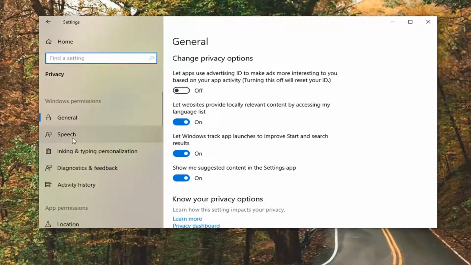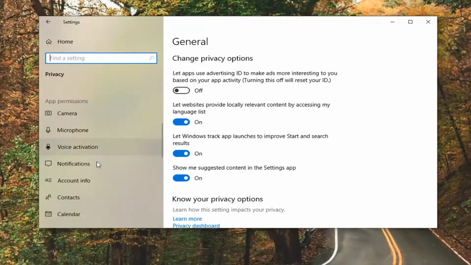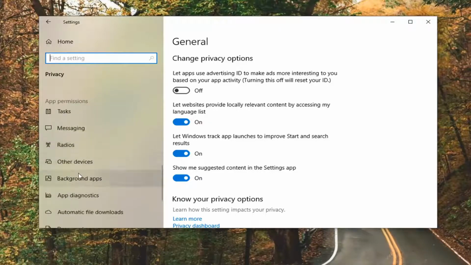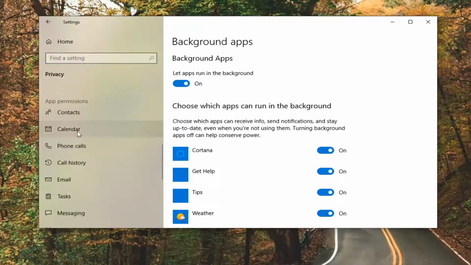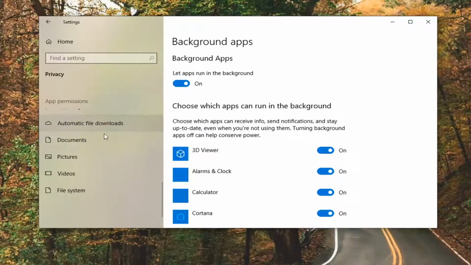And then on the left side, you want to go ahead and select where it says background apps. So you're going to have to scroll down underneath app permissions and then go down to background apps. Notice it's not in alphabetical order. You actually have to go down underneath app permissions and then a little bit further. See that again it says background apps, and then once you're here it says choose which apps can run in